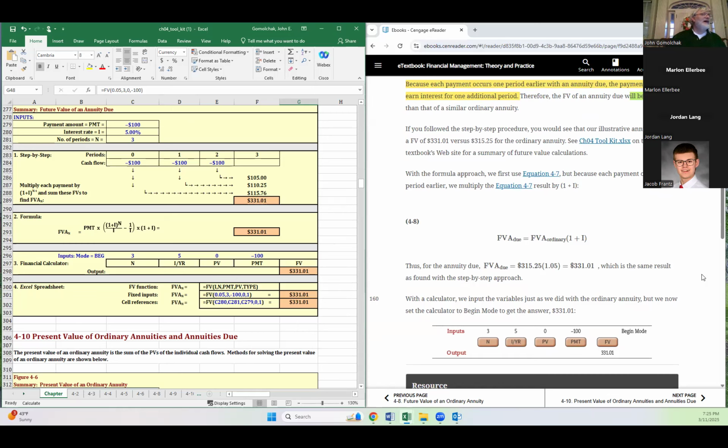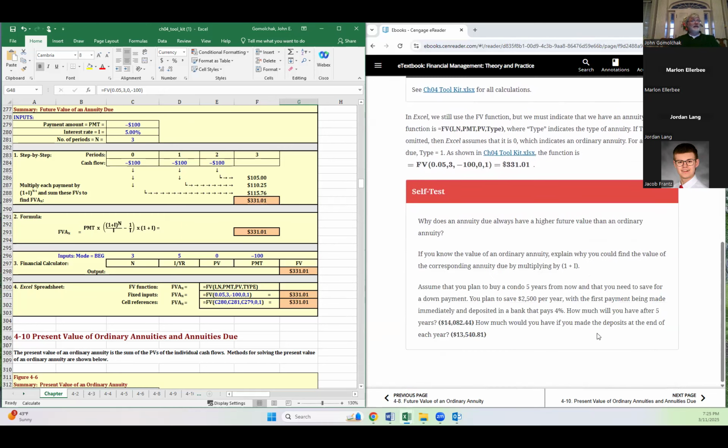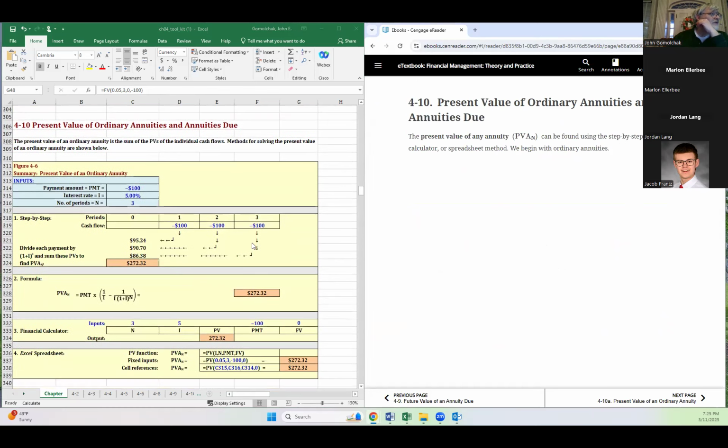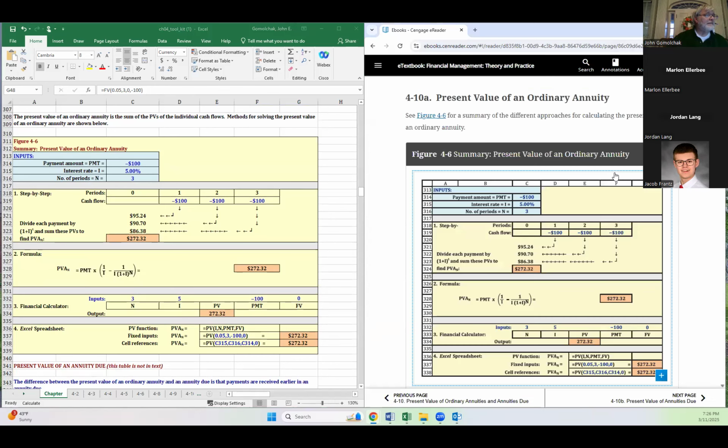All right. So that was the future value of an annuity due. Let's keep moving. Present value of an ordinary annuity and annuities due. So 4-10 is going to be same thing over here, moving forward. Summary of present value of an ordinary annuity. Okay, so